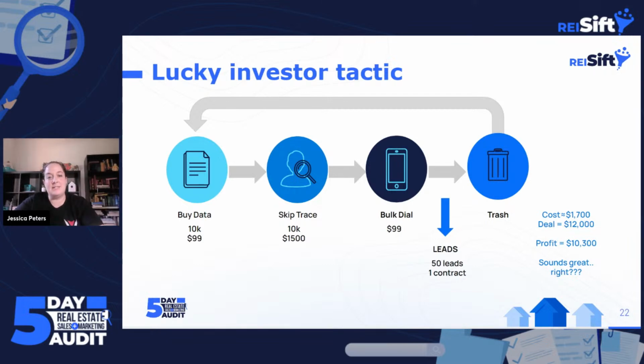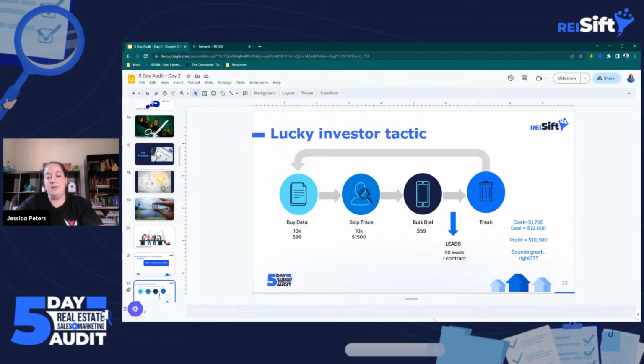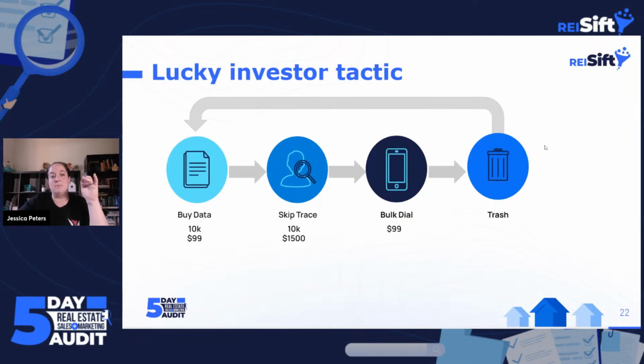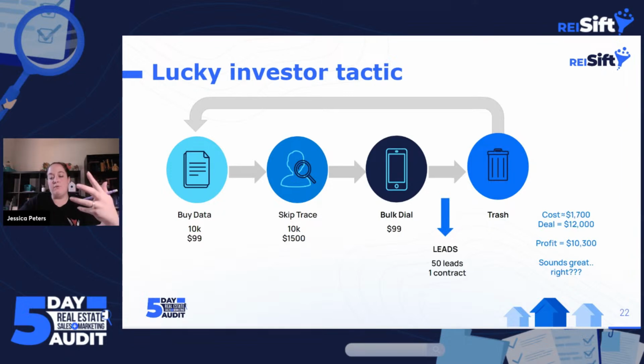How many of us, if I said, I'm just checking the comments real quick, if I said you can spend $1,700 a month and make $12,000, most of us would be like, whoop, whoop, sign me up, right? I'd like to make $10,000 a month. On the surface, it sounds great. And there are some good things that you're doing here, right? You got some correct numbers, you got some leads. There are some good things that have been happening here. But the question is, have we been lucky or have we been smart? And are we getting the maximum result from that data?